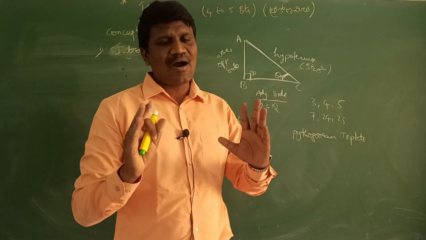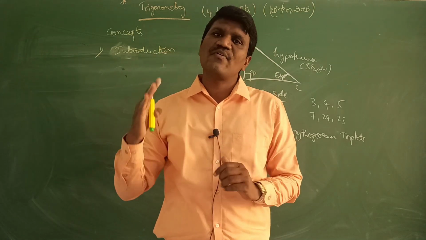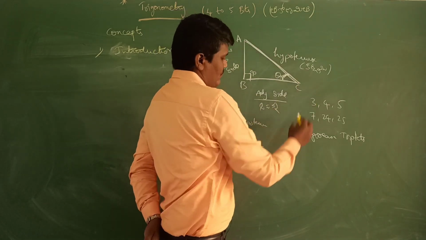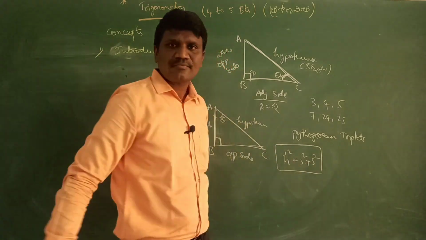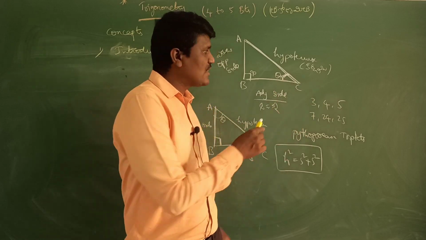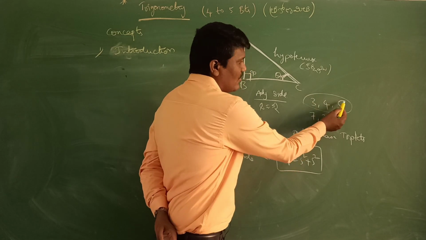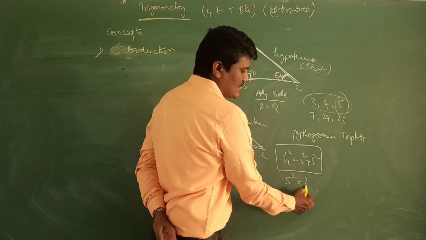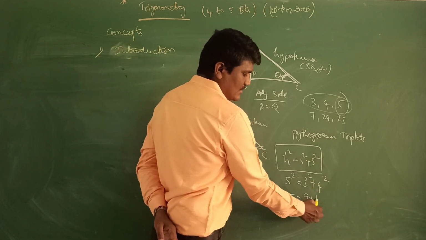Let us see now. All of us know what the Pythagoras theorem is. The Pythagoras theorem is nothing but the hypotenuse square is equal to the sum of the squares of the other two sides. Suppose this is AC, hypotenuse square is equal to side square plus side square. Okay students, now 3, 4, 5, do we call this a Pythagorean triplet or not? A Pythagorean triplet is where the biggest side is the hypotenuse: 5 square, and the remaining sides 3 square plus 4 square. 5 square is 25, 3 square is 9, 4 square is 16.